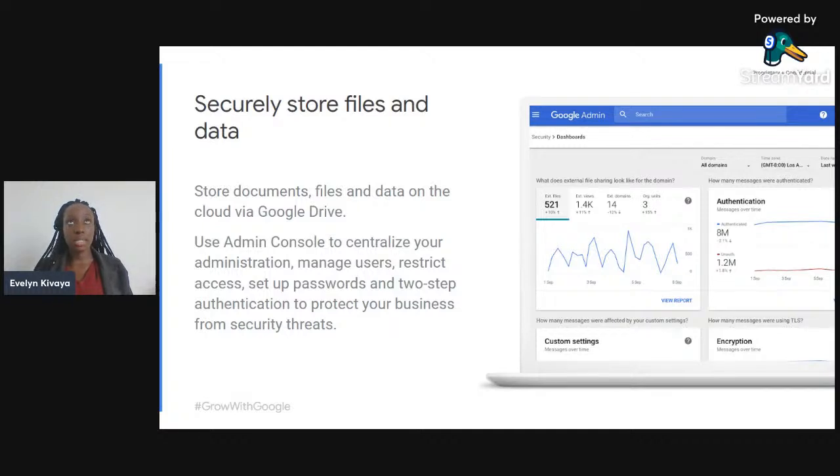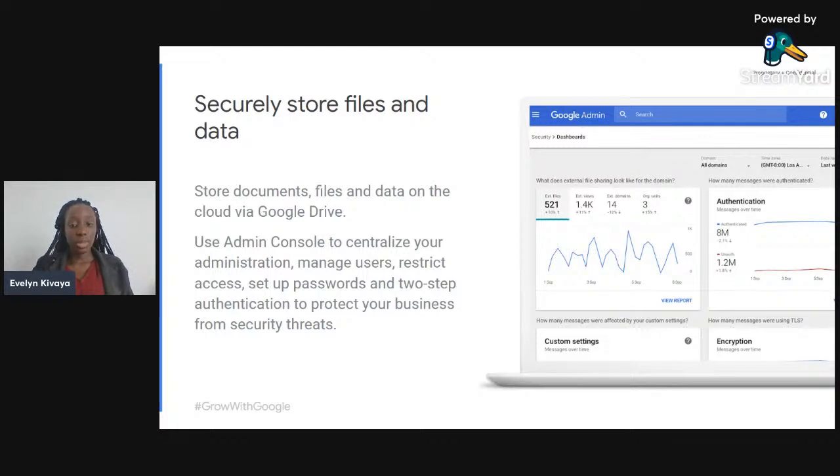You can also set up features, for example, two-factor authentication for security purposes, which Google is currently really encouraging people to turn on, so that no one can access your details unless you allow them, because there's a certain code that they send you for you to be able to access that information. And also, you can protect your organization with security analytics and best practices recommendations. And you are able to identify and prevent threats with Google powered AI, or rather artificial intelligence.